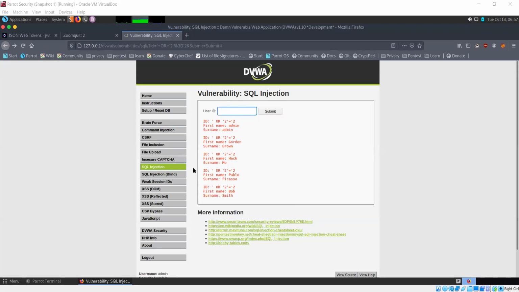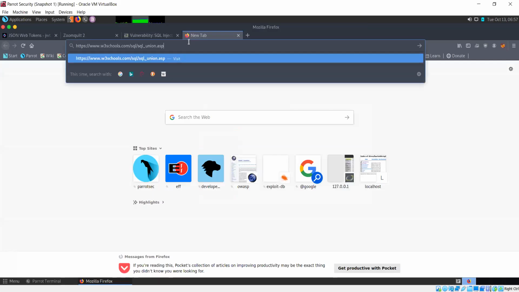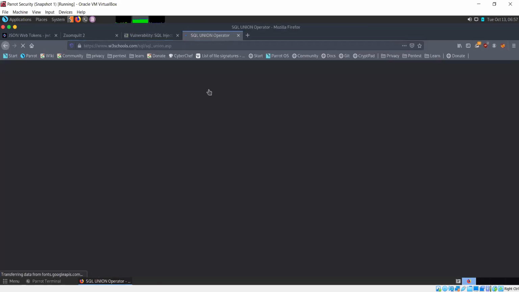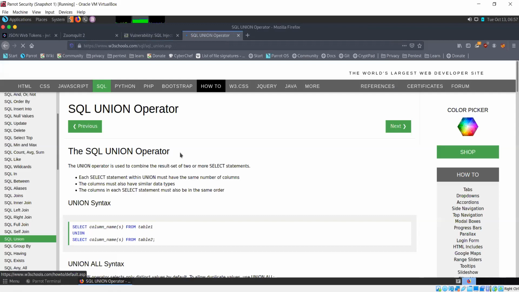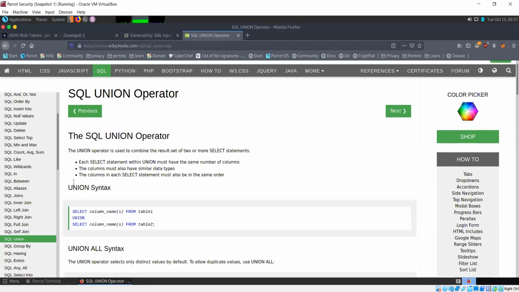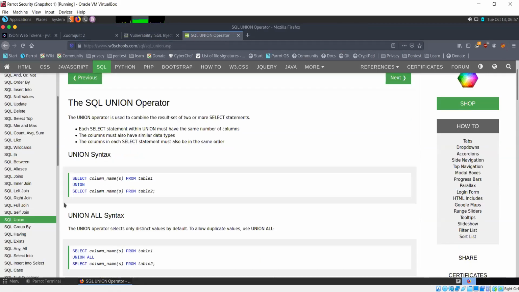Okay, so I'm going to show you what union is, and then we are going to see it within our injection parameters. The union operator in SQL is used to combine the result set of multiple select statements. So this is the syntax: select names of columns from first table, union, select names of columns from second table.